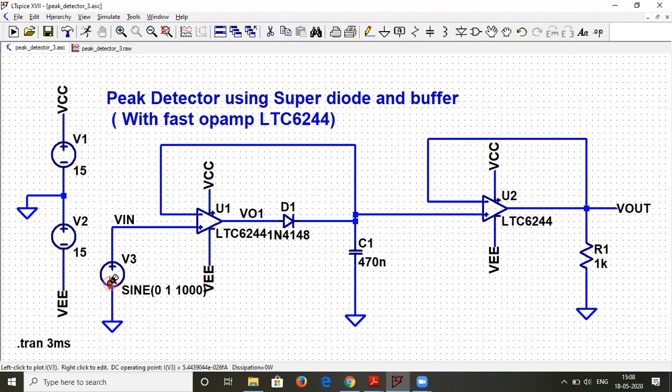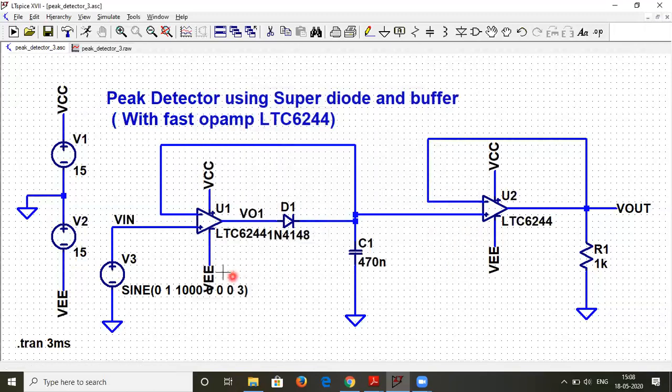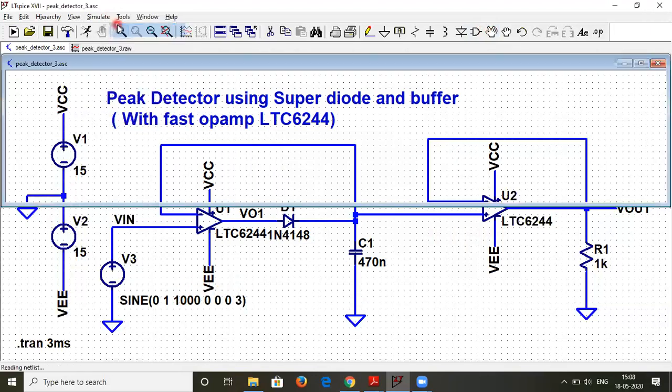So what we will do is we'll keep it as around 3 cycles, and the rest we can keep as 0, 0, 0. Let me push this a little down. Yeah, so let us try to do that.